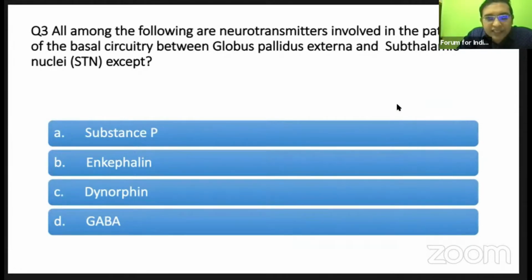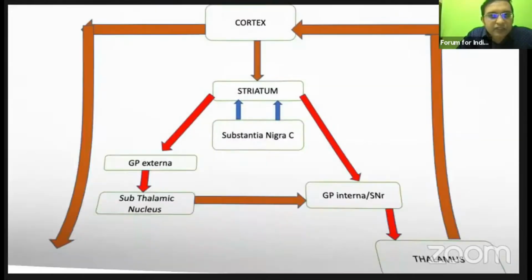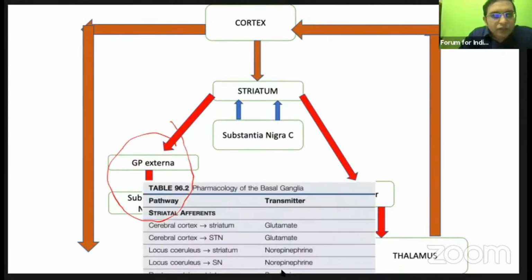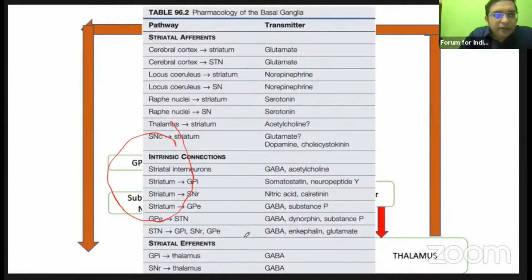Your question is actually an except question. All of the following are neurotransmitters in the circuitry except. So it's much more complicated than you think. And so the answer is actually there in a table in Bradley. That's why I wanted you to just read. So what we are talking about is this pathway in the indirect one, externa to subthalamic nucleus. So here,